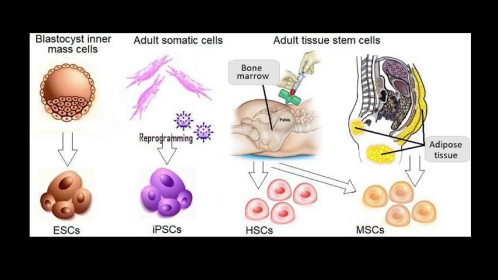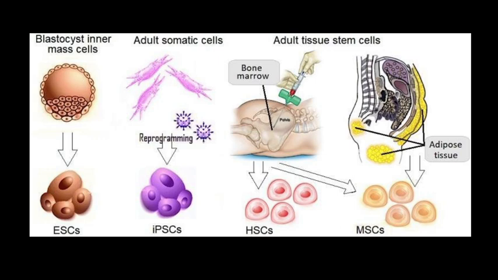From the bone marrow, we can isolate hematopoietic stem cell and mesenchymal stem cell. Already I told you about hematopoietic stem cell, which can form all the types of blood related cells. It is even considered a good example for describing the multipotency nature of stem cell.